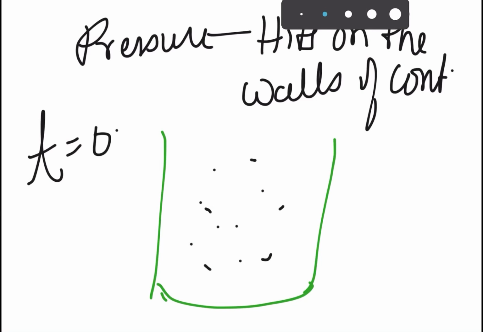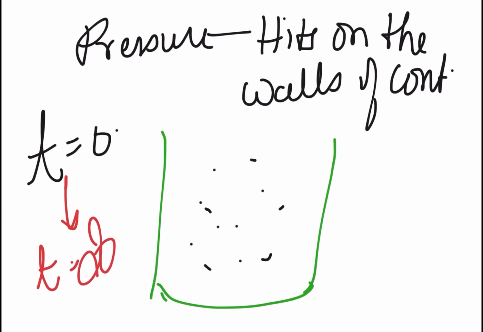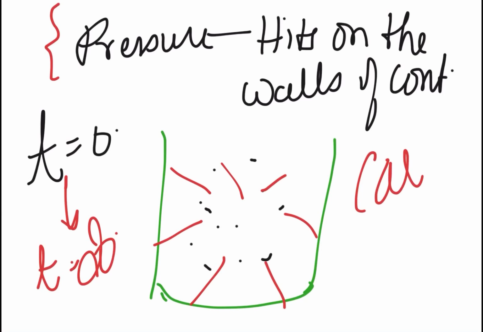Now what happens if I increase this temperature to, say, 20 degrees? Temperature increases means I have put in heat. That means I heat the gases, and once I heat the gases, the kinetic energy will increase, because heat will increase the motion of the gases and increase the kinetic energy. So the gases will move even faster, and the number of hits on the walls of the container will be very fast, and hence the pressure will be higher. So this is basically the cause of Gay-Lussac's law: when I am supplying more temperature in the form of heat, the heat is increasing the kinetic energy, and the kinetic energy is increasing the random motion and the velocity, which is increasing the pressure of the gas, which is measured by hits on the walls of the container.